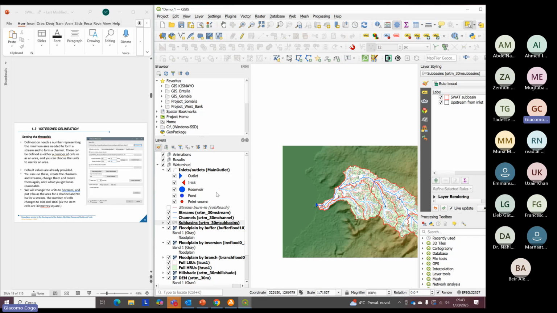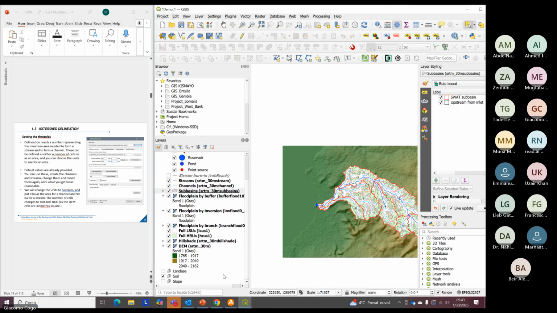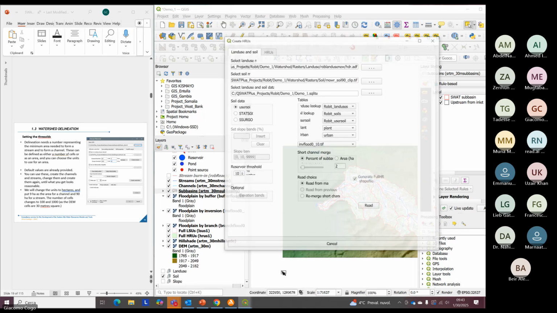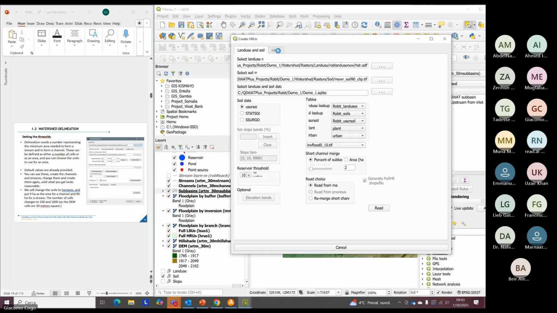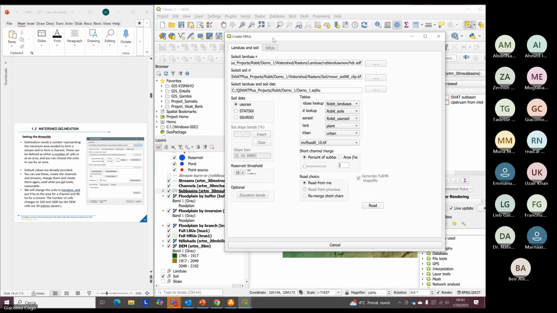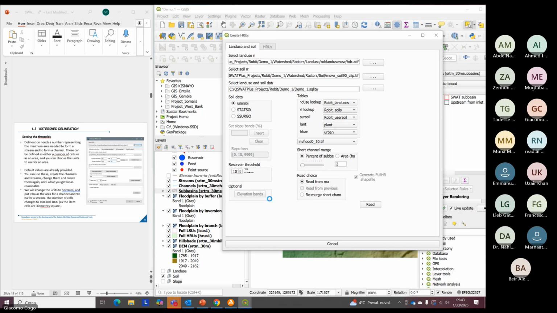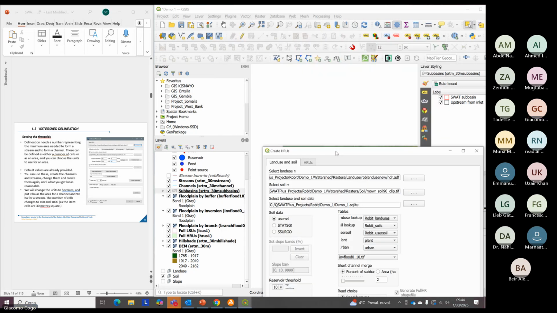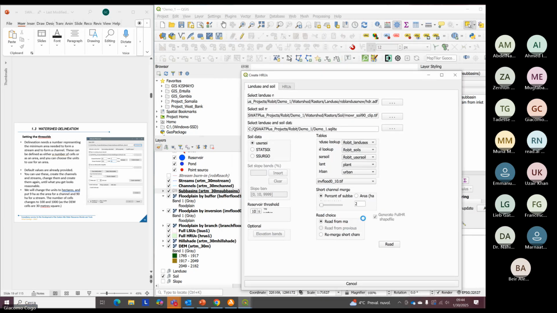Okay, let me see if it's working. Okay, maybe in this case we will have some error, because it's going on with the calculation, but it will not show the